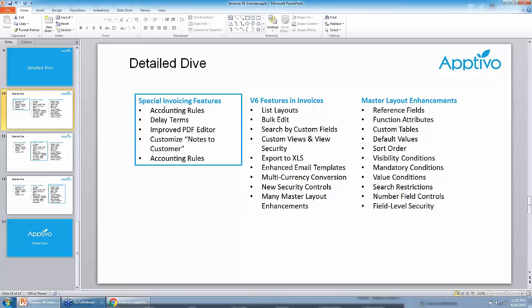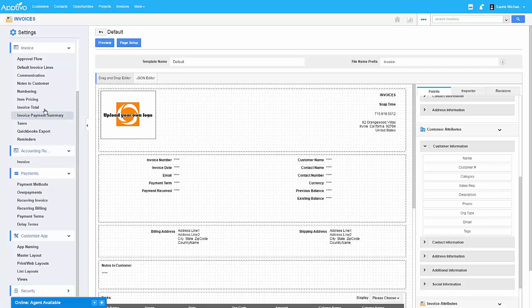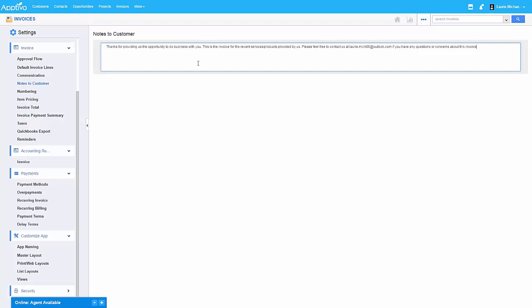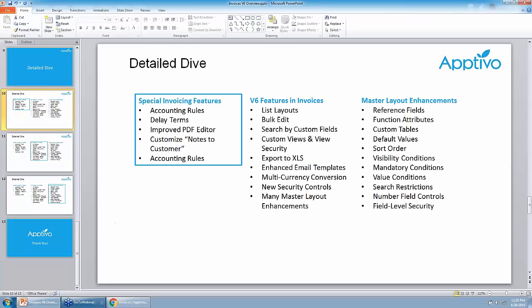So customize notes to customer, this is nothing really too significant. Previously you would always have to type in a different note, or it would have the system default. In general, everything you see inside of the app now should be customizable. So when you hop in here, you'll see there's a section underneath the invoice area, and you can just come in and type in whatever message you like, and then it pre-populates whenever you go and create a new invoice. So nothing too special there, but a few different features, definitely going to change the way that you experience